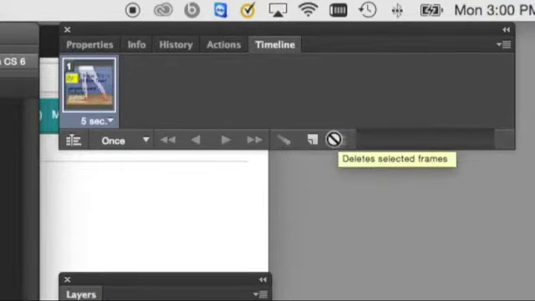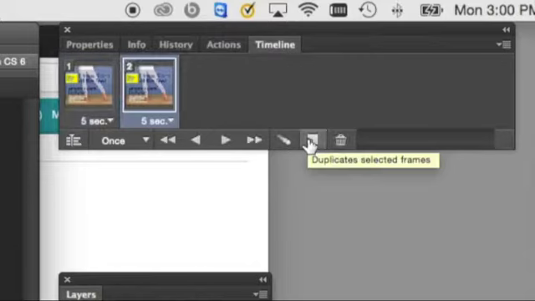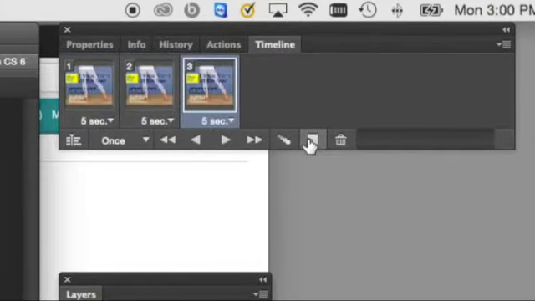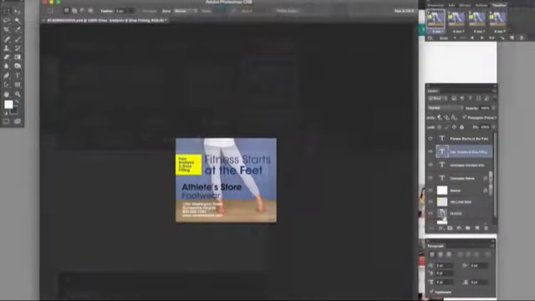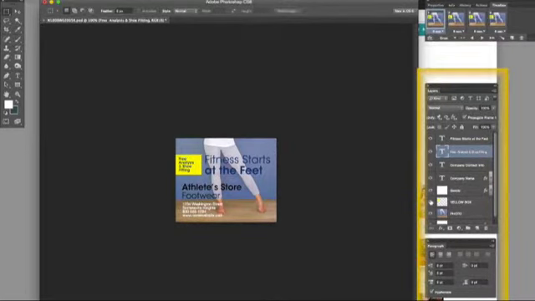We are going to click the Duplicate Selected Frame icon to duplicate the frame. We will duplicate the frame until we have 4 frames displayed. Each frame displays the length of time the frame is visible. Once we have the 4 frames, we can go back to our ad and work on what is displayed when